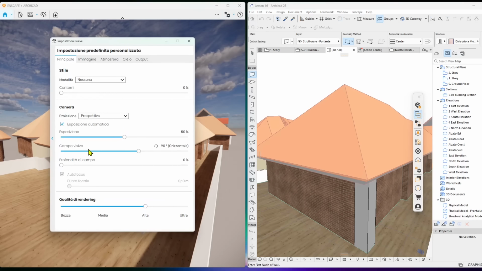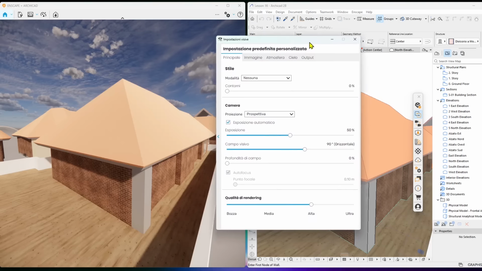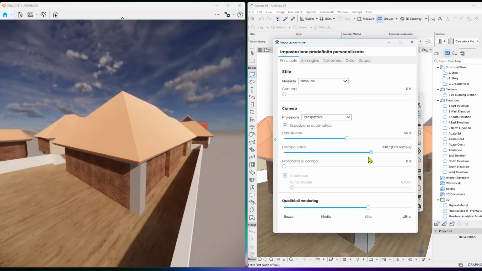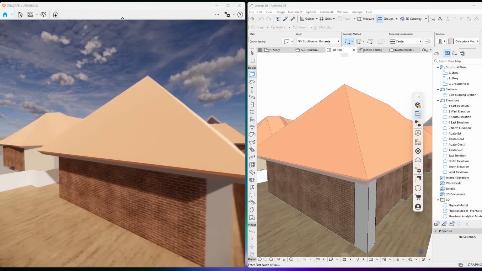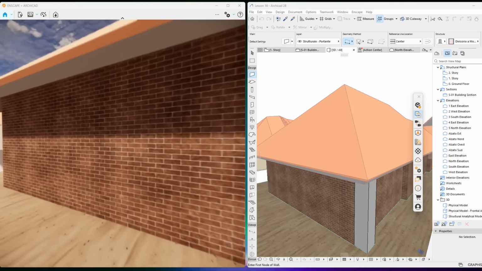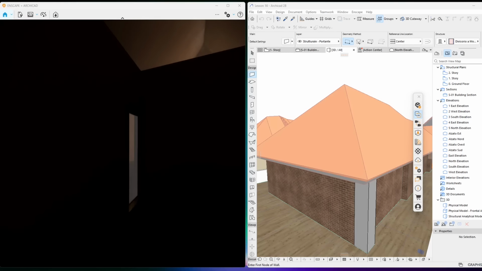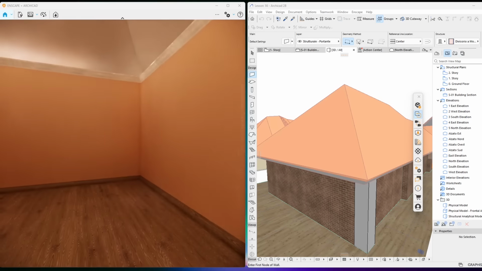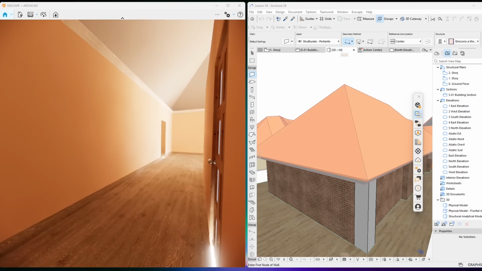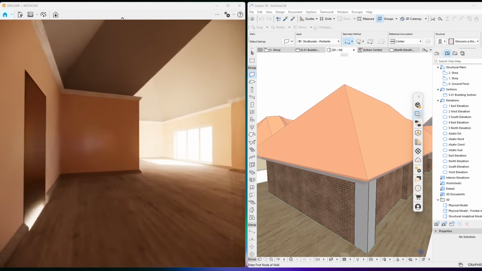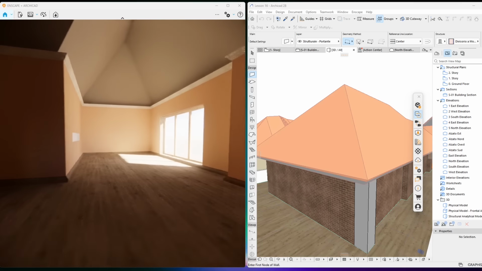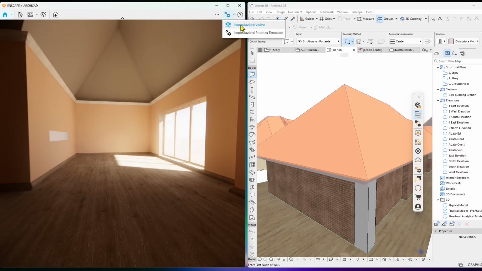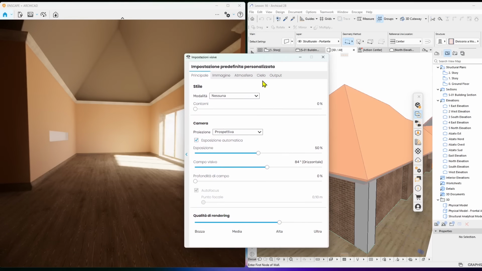So once we click and desynchronize, shutting down the synchronization between the two, then you will be able to work with the field of view. And also you can go in walk mode and fly mode inside ENSCAPE, and you can move around, you can test the architecture, the spaces, how you can move from one space to the other, one room to the other. And this is one room in the project that I want to use for a render. So remember, little eye icon, and then you have camera settings here, and you have